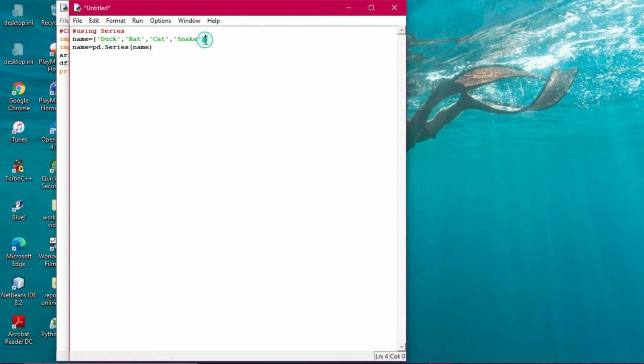So I'm sorry that this has to be given in what you call the square brackets to be taken, so that it has been converted into series. All right, name. Next I will give the numbers. Okay, and num. Say I'm giving out here, say 1,000 ducks are there, 6,000 rats are there,